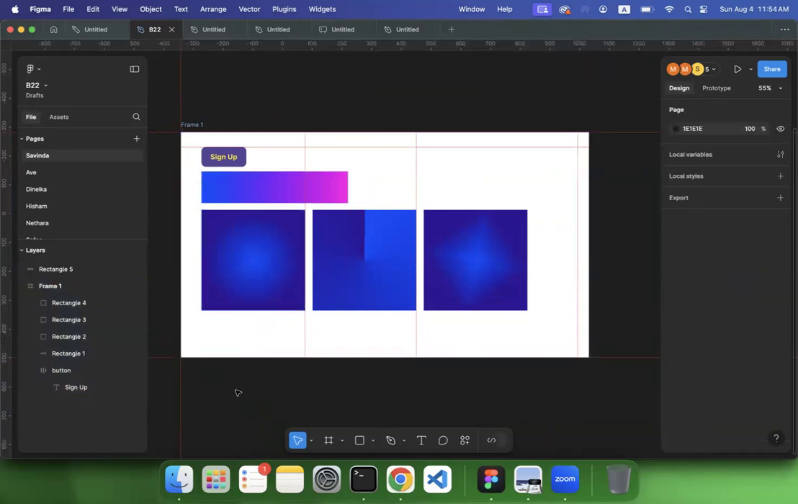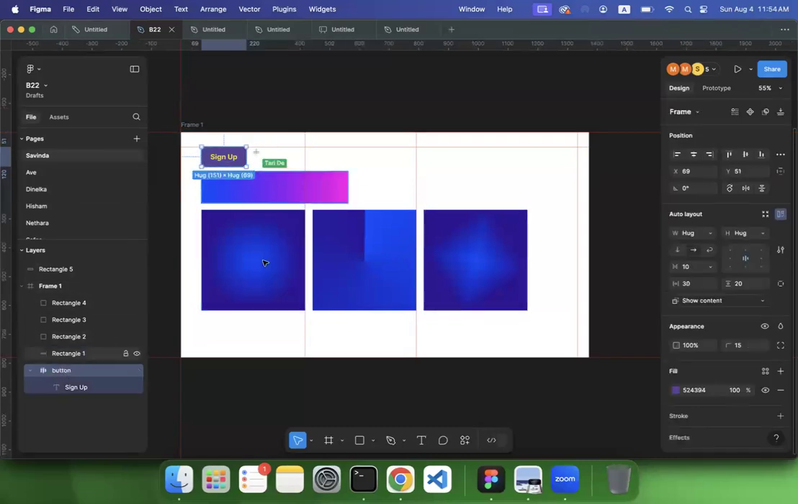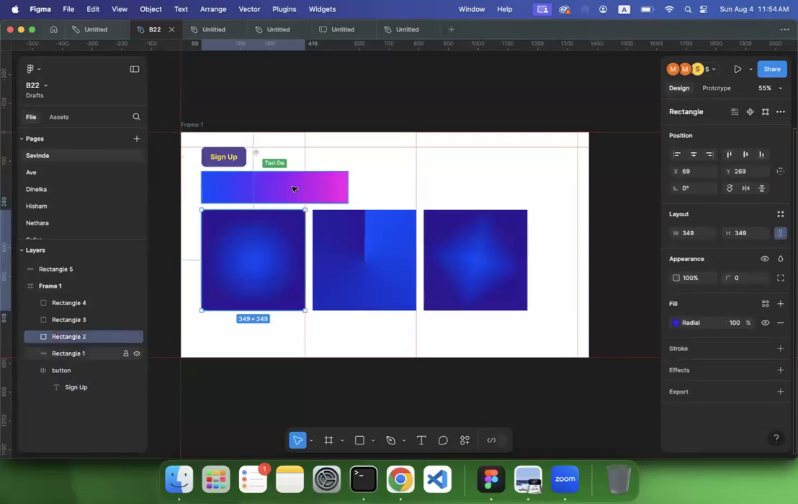All right. So that is about your left-hand side pane. And then if you want to rename something right here, let's say I want to rename it, I can double click and rename. And when you click on each of these elements on your design board, the properties for that